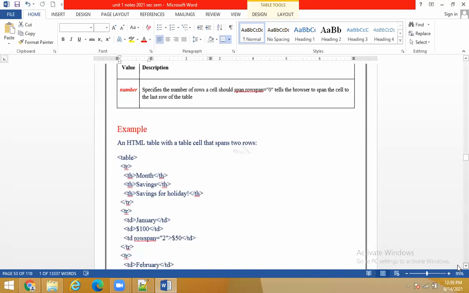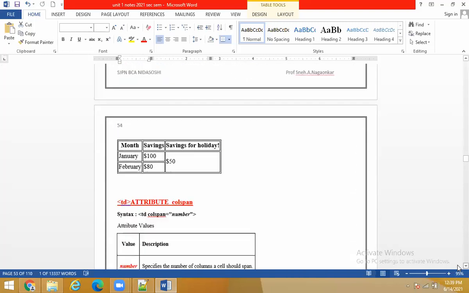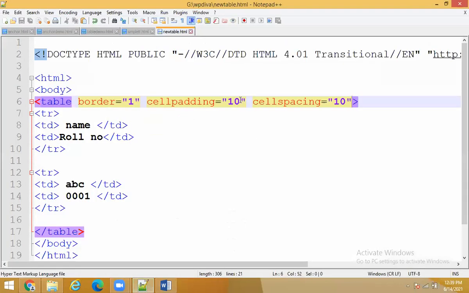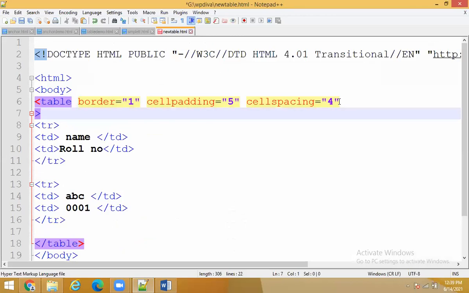Clear to you? Okay. So we will see one more example for the table tag to see all the attributes. Okay. So I will take cell padding. Suppose I want cell padding equal to 5 and I want cell spacing also, maybe spacing between the cells. I will take it as a 4. Then save it, right? Now, what else features you saw, guys? I will take align equal to center, and TR center. I will take width, okay? Suppose I will take 100 or I will take 200. You can also take in terms of percentages. So I will save the file.